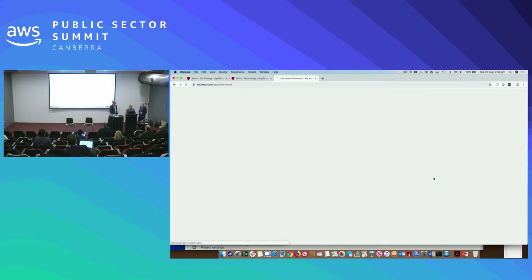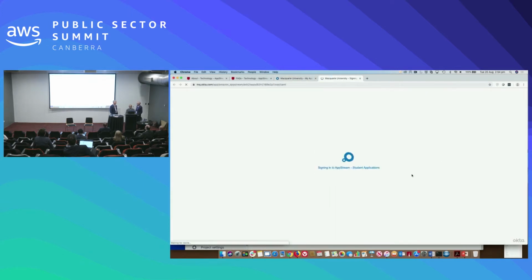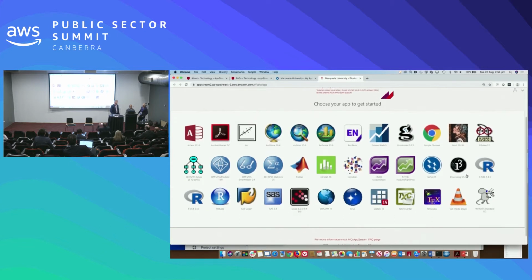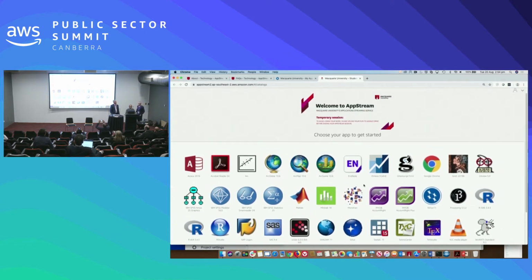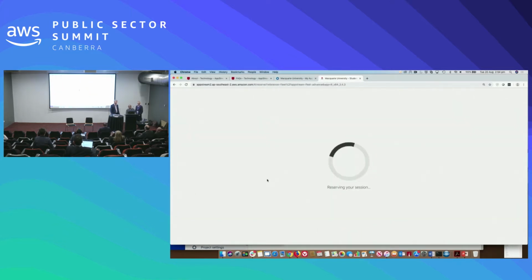We have the Okta system, which is picking up credentials from an Active Directory service. And once we get into the authenticated service there, what we're looking at is the applications that we want to typically deliver. This is the starting point where we're at now, and Peter's just kicking off